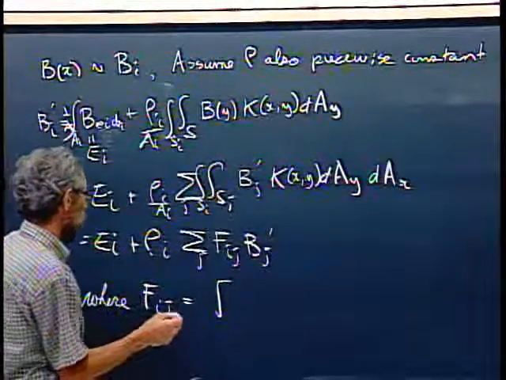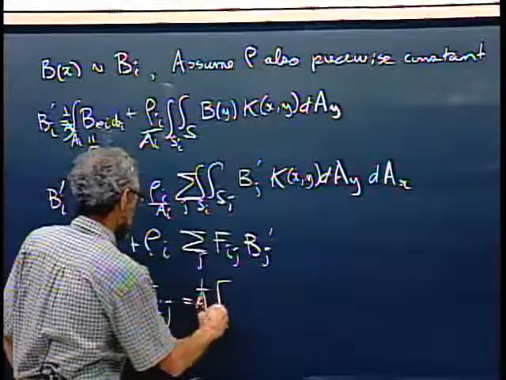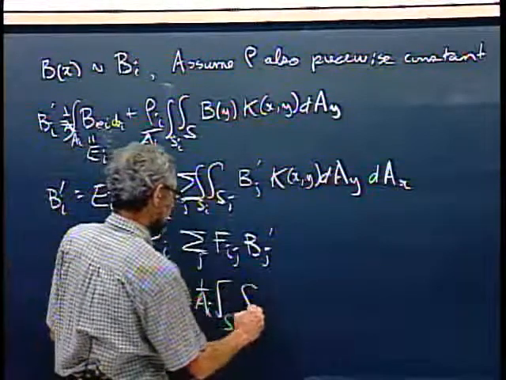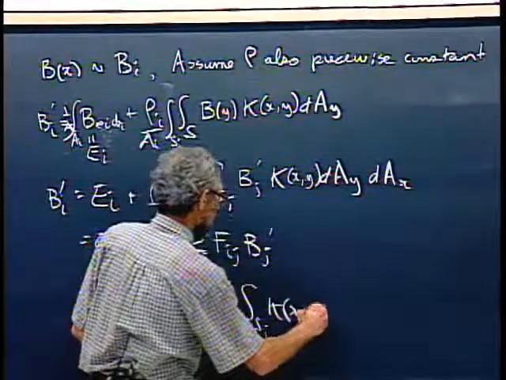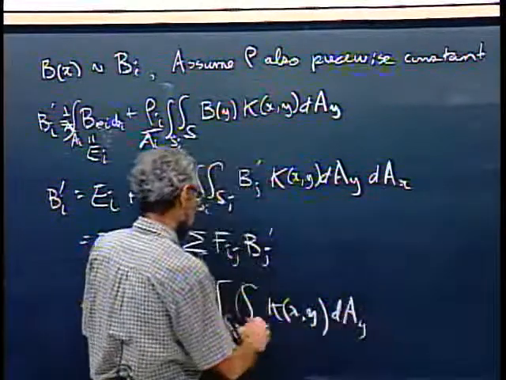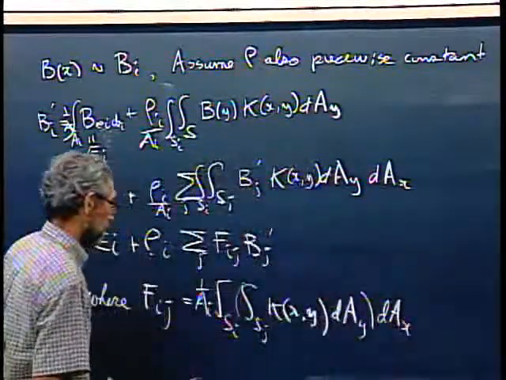So now my Fij is going to be 1 over AI, the integral of Si, the integral of Sj of k x y